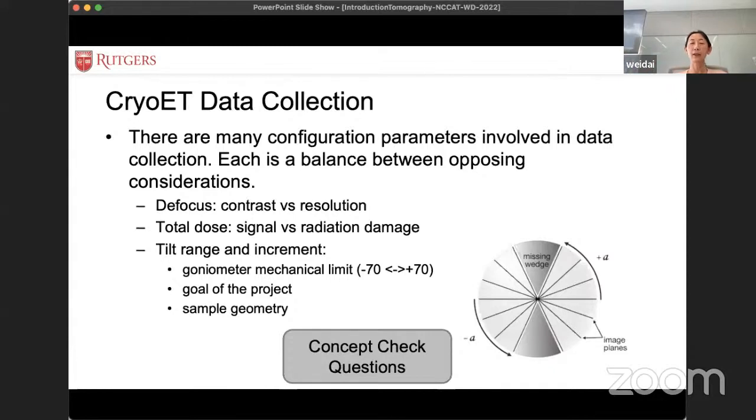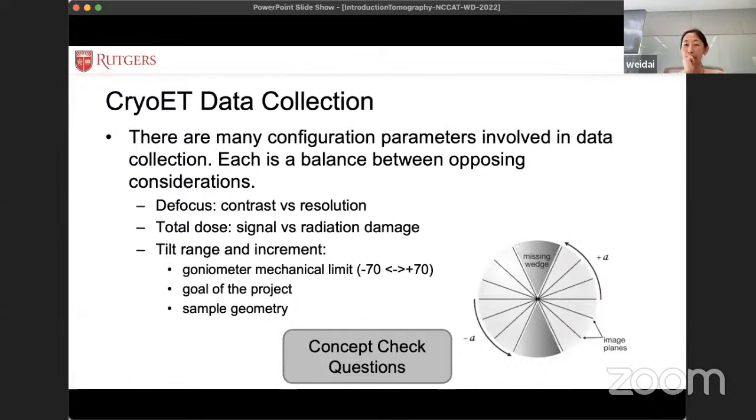How big the object is, how small it is, what shape is it? Is it a lipid vesicle or is it membrane pieces mostly lying down on the EM grid? All those factors you need to consider before you can make a decision what imaging configuration you want to use